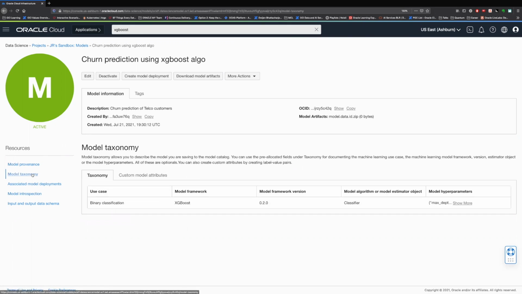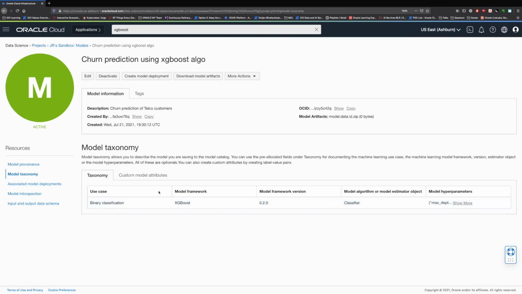Next is model taxonomy. In model taxonomy, you can capture use case description, model framework, and model framework version information. We have nearly 20 or so different use cases you can pick from. You can also choose from 30 or so model frameworks.